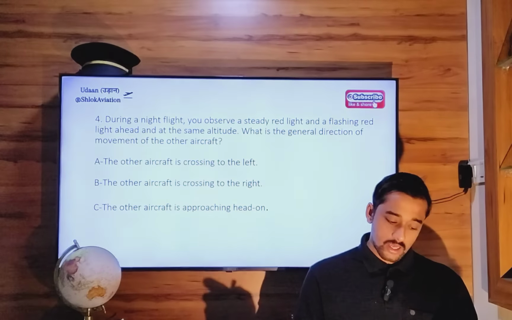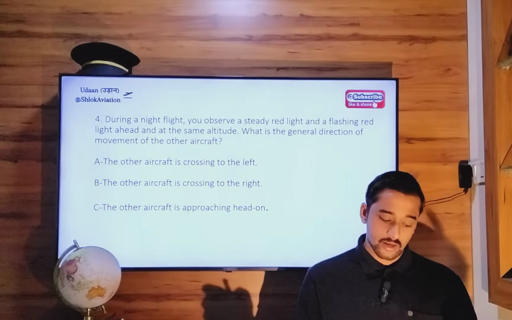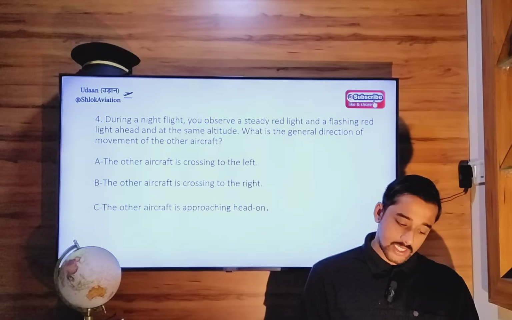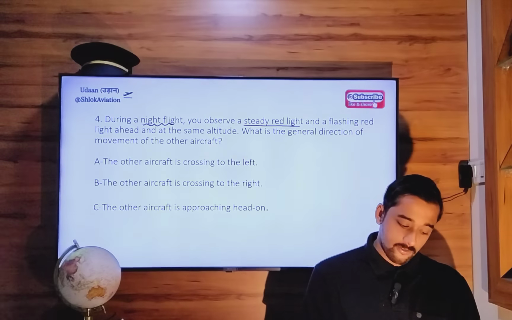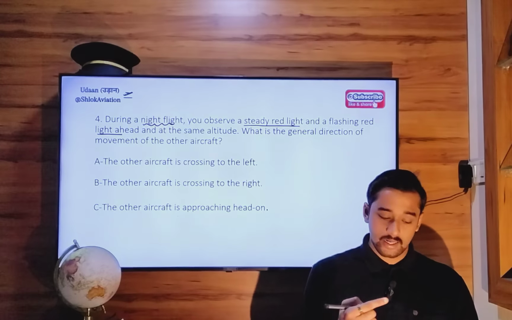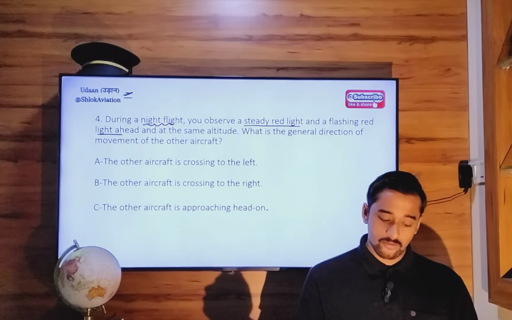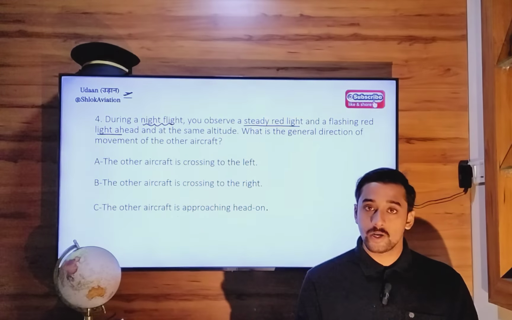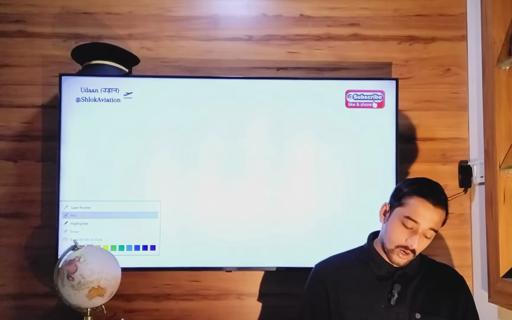Question number 4. During a night flight, you observe a steady red light and a flashing red light ahead and at the same altitude. So it's a night flight and you observe a steady red light and a flashing red light ahead, that is in front of you. What is the general direction of movement of the other aircraft? What is the direction of movement of the traffic? So look, let's say this is your